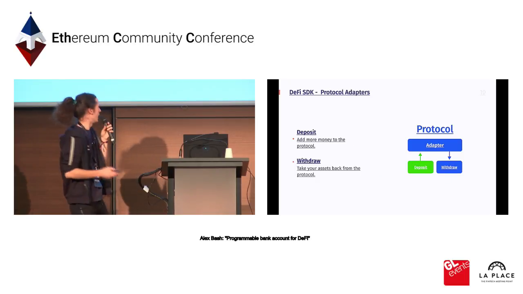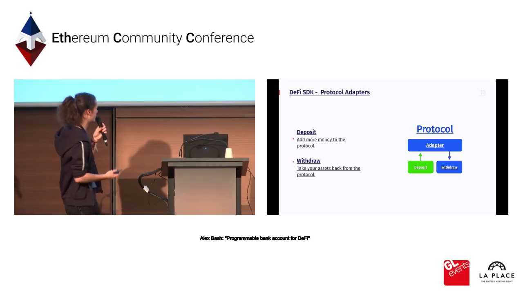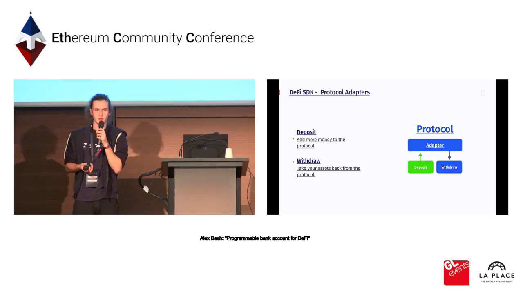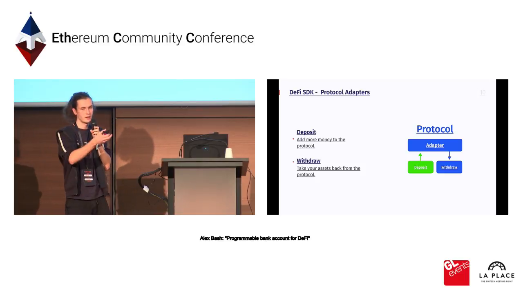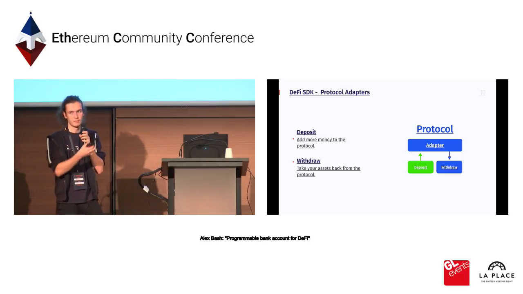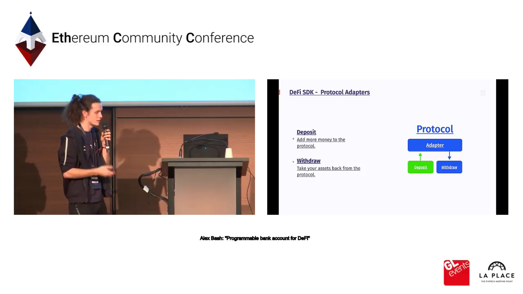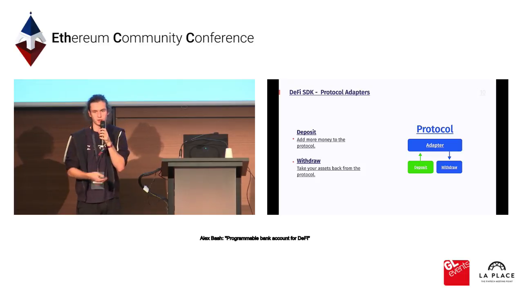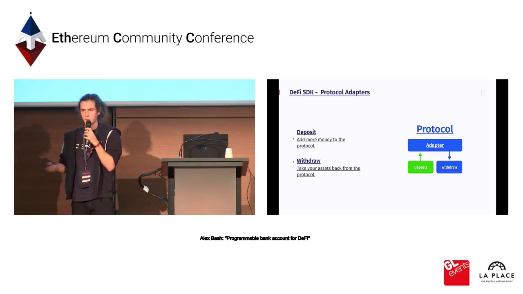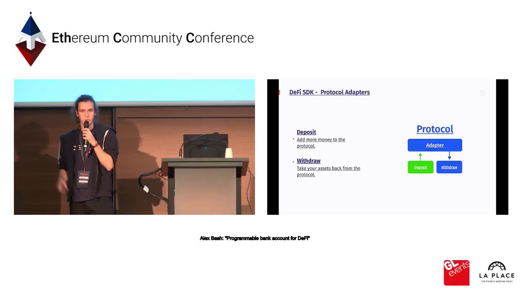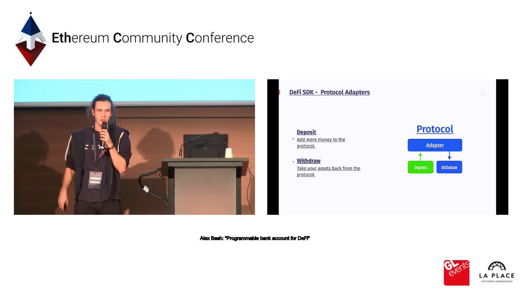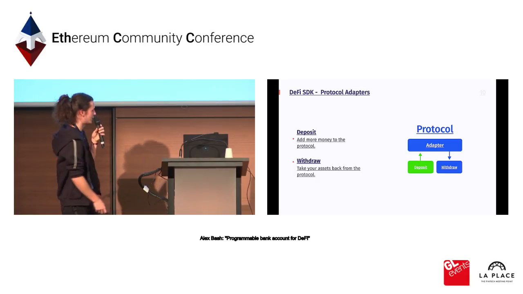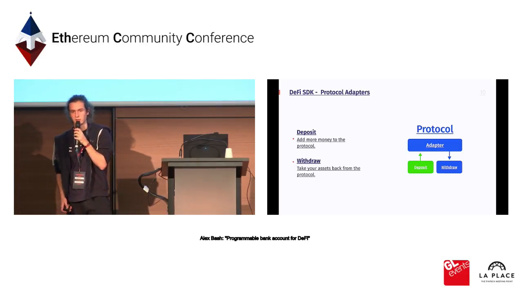And talking about protocol adapters, if you think about any protocol out there, most of them come down to this: you have some assets locked in a protocol, so you'd like to know the balance of those assets, but also in terms of actions, it's usually either depositing more or just withdrawing what you have. Any protocol out there, whether it is Maker or Compound or Uniswap, can be simplified to that interface. And that is the interface of the protocol adapters that we are trying to implement.